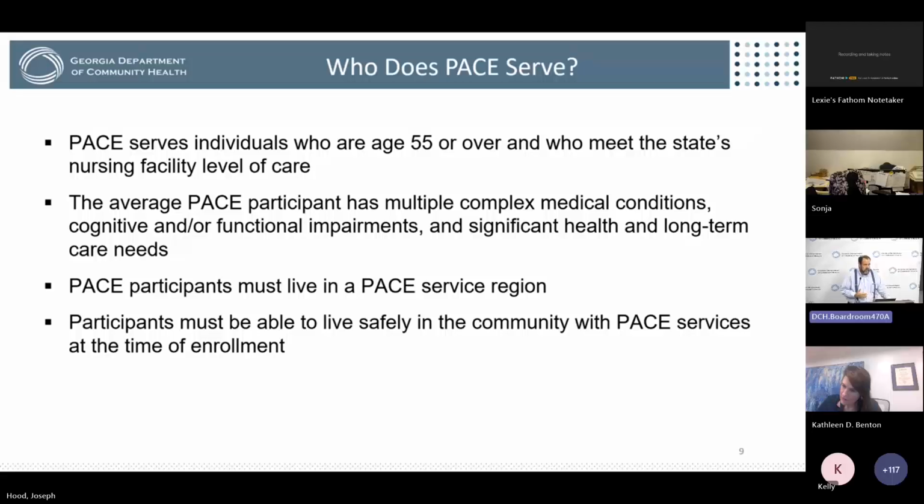I used to be the waiver guy at the Department of Community Health for many years. I was over the home and community-based services. And people would often say to me, well, you're all about people living in the community, which was honestly true. But there is a time and a place for the safety of an individual where they may need nursing facility services or they may need hospital services. So we're not saying that when we talk about PACE that everybody should be in the community, but if participants are able to live safely in the community with the PACE services at the time of enrollment, that's what we want to foster through the PACE program.